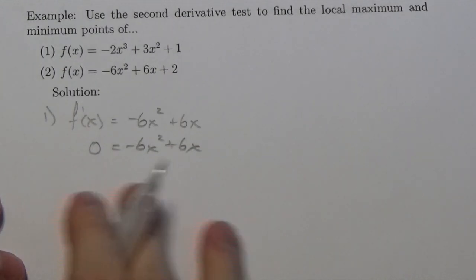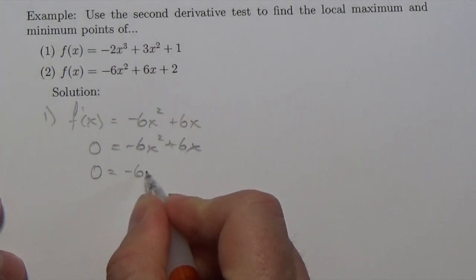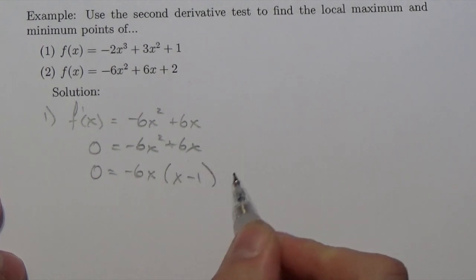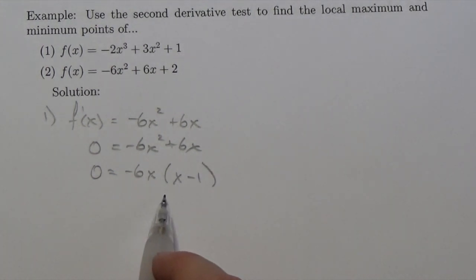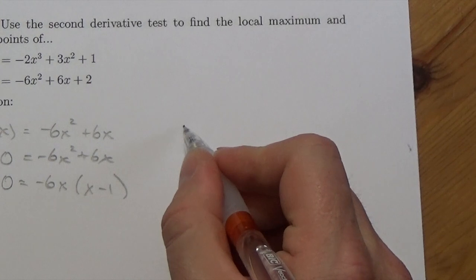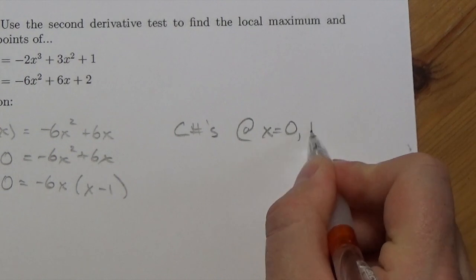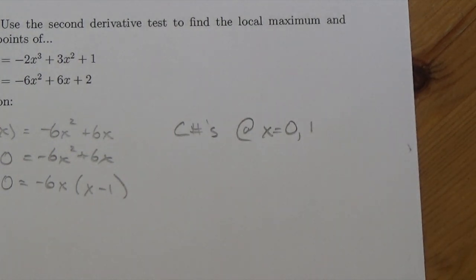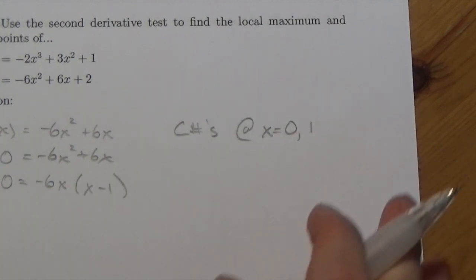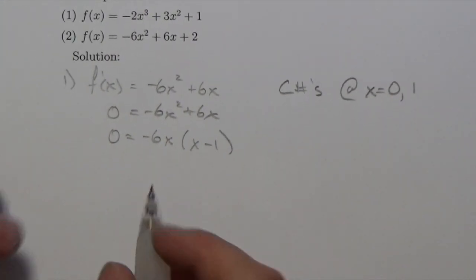Then to determine where it's equal to 0, we're just going to factor that. I like taking out the negative, so negative 6x is going to leave us with x minus 1. And so we've got two places where the first derivative is going to go to 0. So we're going to have critical numbers at x equal to 0 and positive 1. That's an indication to me where the function has a 0 slope. Now we want to investigate the second derivative